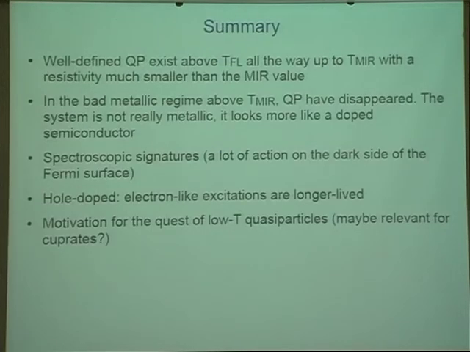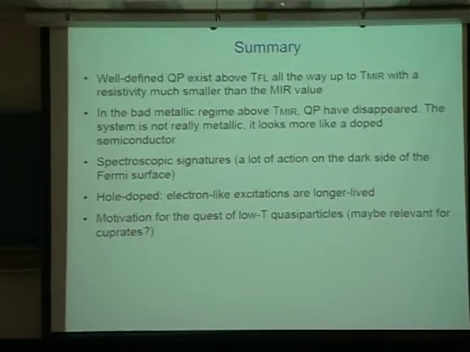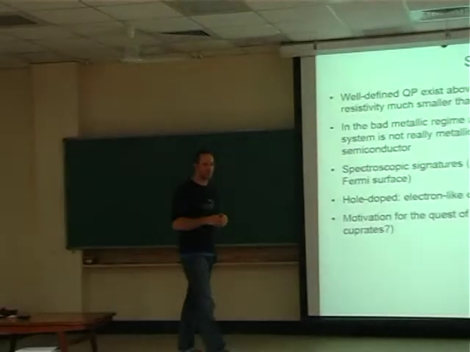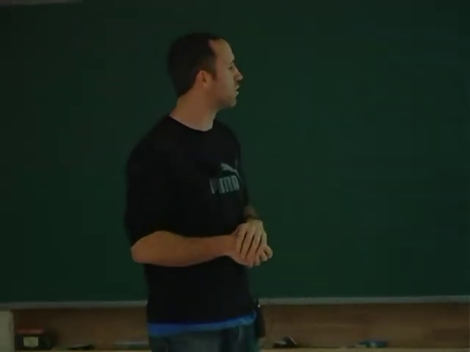Okay, so let me conclude at that stage. I'm trying to convince you that there are two distinct energy scales. There's a Fermi liquid temperature, which is really small, and a Monte-Carlo temperature, which is a lot larger. But between these two temperatures, there's still life for quasiparticles beyond Fermi liquid. There are resilient quasiparticles. They have small scattering rates on the positive frequency side, which has consequences for thermal power, for example. And there are signatures in spectroscopy measurements, and probably Antoine will say more about these signatures tomorrow.